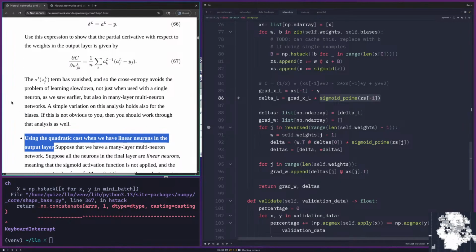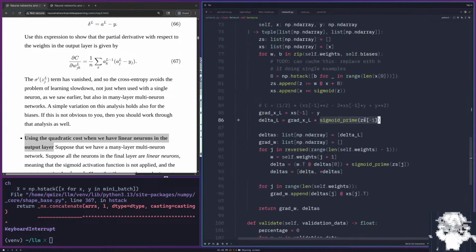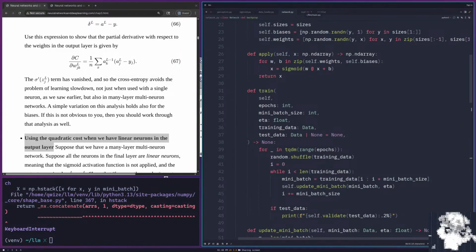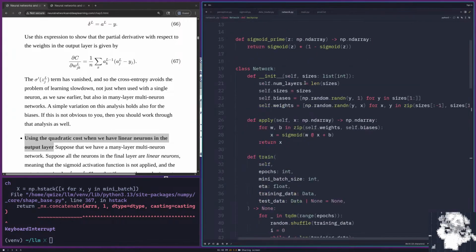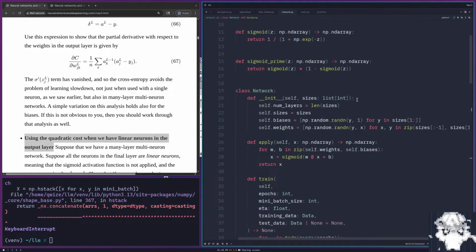So I kind of want to try this now. All right, what's the right way to do this? I think maybe in the initialization of the network, the thing I want to try is